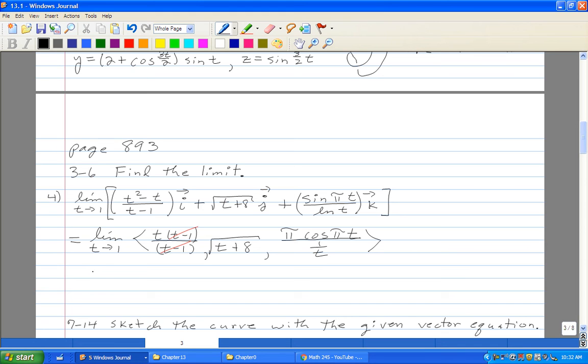And so this is the limit as t approaches 1 of 1 over radical t plus 8, pi t cosine pi t. And so this is going to equal